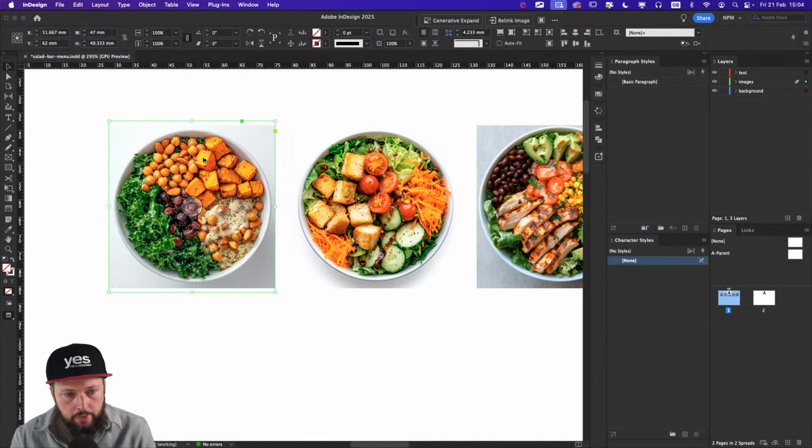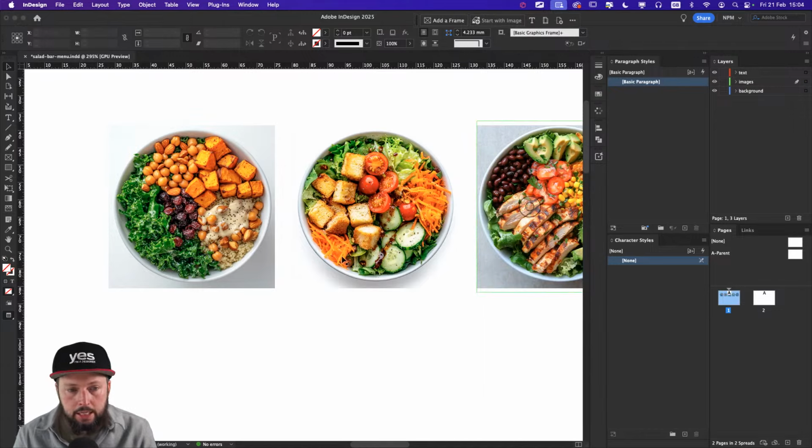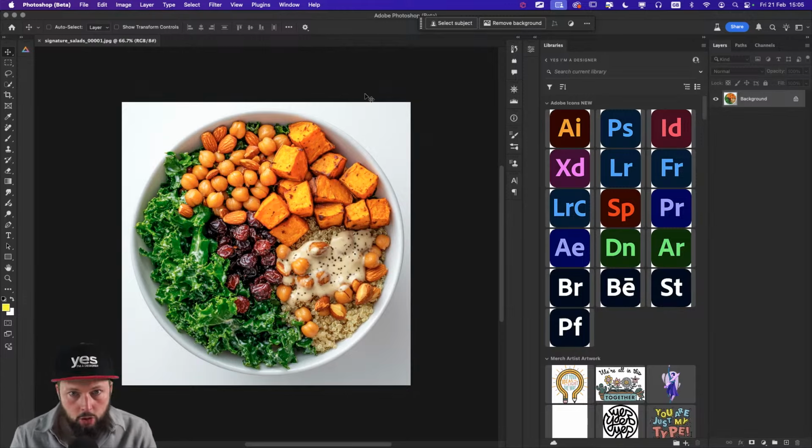Okay, so first quick thing to do is to mask these out. So that is not something that we currently have in InDesign. It would be actually a very useful feature to have the remove background here. If anyone knows of a way to get that within InDesign, let me know, but I don't believe they have that here yet. Most likely they will bring it in. Generative expand is there, so we can expand images, but we can't remove the background quickly. So for that, I need to Alt or Option double click on the image, which will open it up in Photoshop, and there we have the